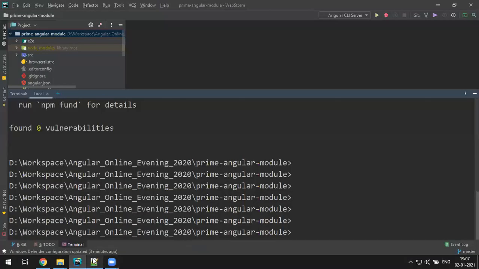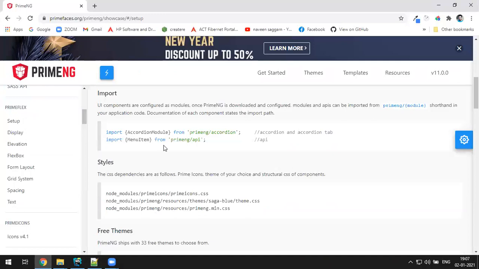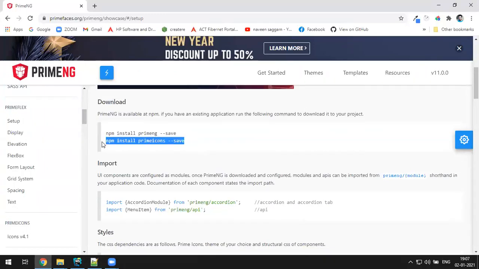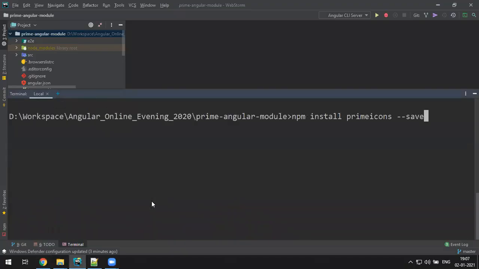Now, it's been installed. The next one is PrimeIcons. Let me add it. So here, cls, enter.